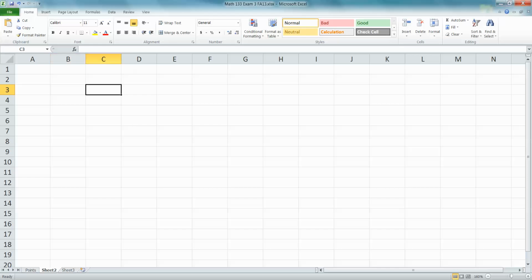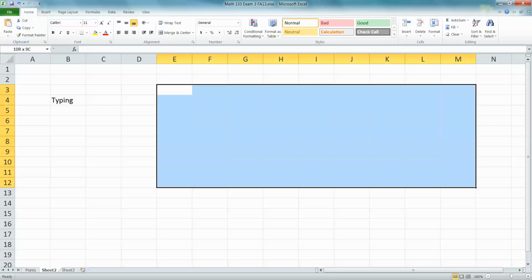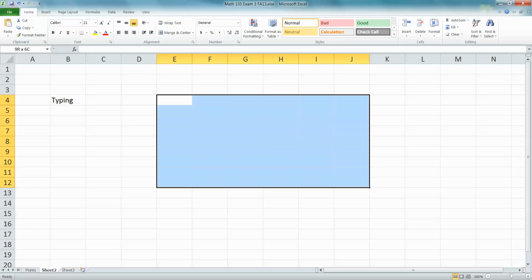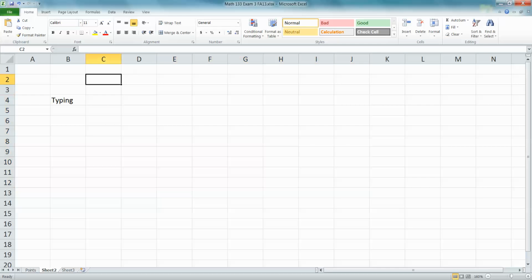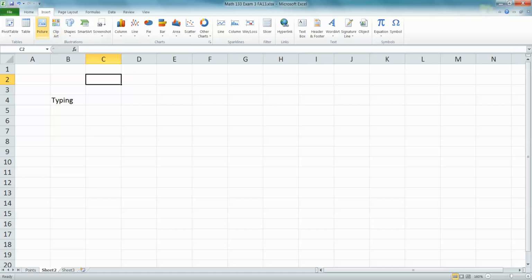Today's trick is how to insert an image into an Excel file. So suppose you have some typing or some other problems here, and you want to insert a picture over here to show something that you're trying to illustrate. All you have to do is go to the Insert menu, which is right next to the Home tab. So you click on Insert, and right there it says Picture. So you click on Picture,